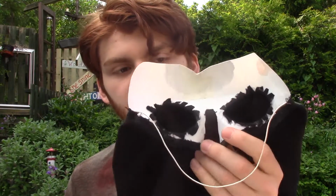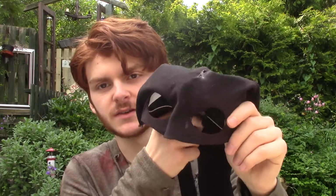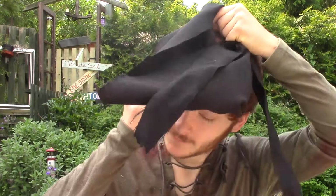So moving on to the mask. This is an idea I got from a guy called John Hay. He's really good. Check him out as well. It's basically just a carnival mask, which I cut like a bandana shape with extra long ends to cover my face. Then I glued it onto the carnival mask, at least the section I cut out, and there you go. Simple. Just have the elastic so it holds close to my face,